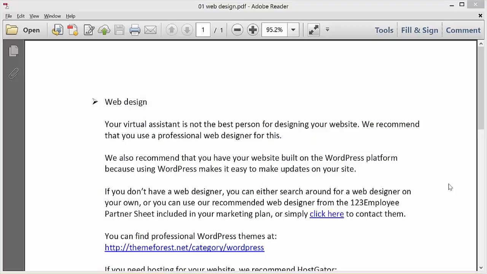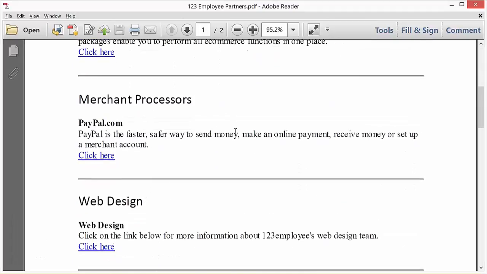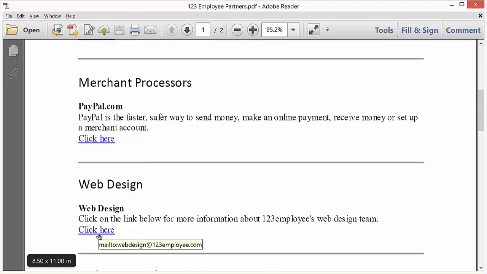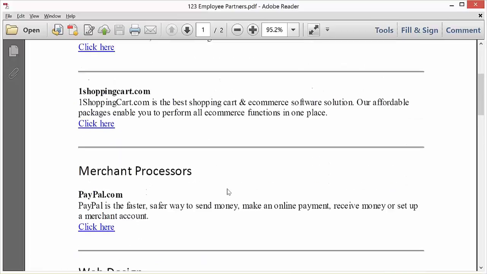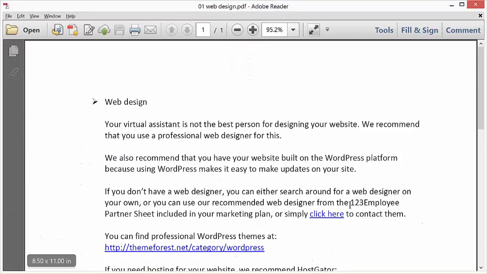If you don't have a web designer, you can either search for a web designer on your own, or you can use our recommended web designer from the 123 employee partner sheet included in your marketing plan, or simply click here to contact them. So let me show you what I mean on the partner sheet. You can click this link and you can see it says mailto webdesign@123employee.com, and you can send an email to them to contact them through that link, or you can click here, goes to the same place,